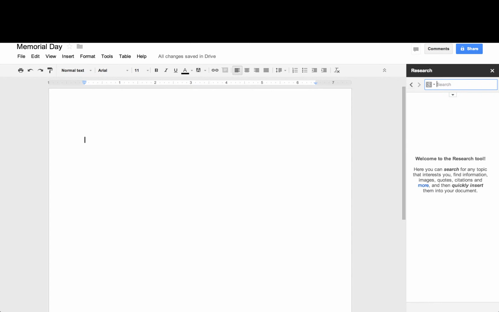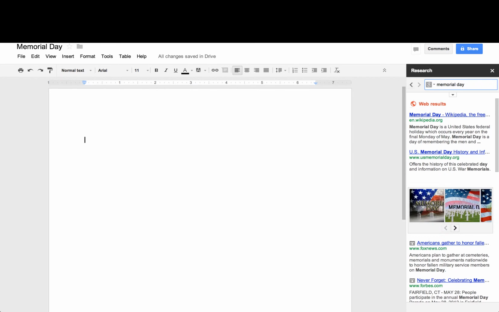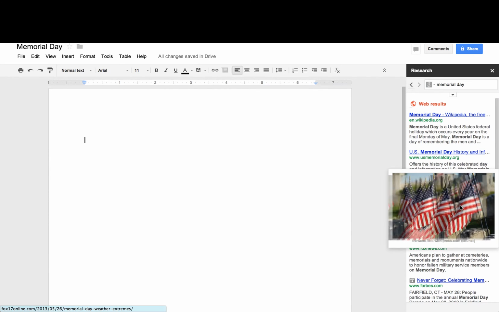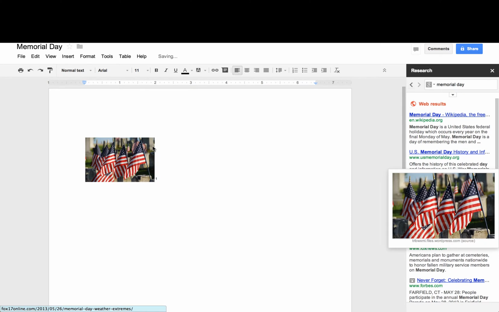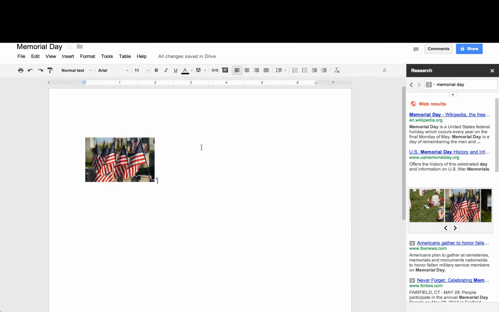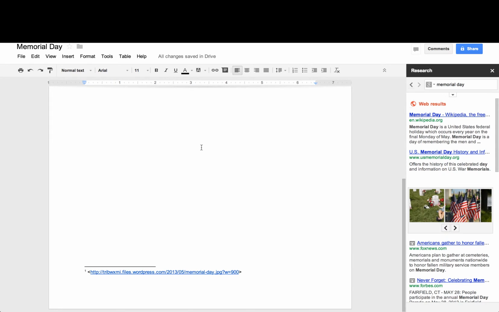into your document. So I'm going to do a search for Memorial Day since that is what today is. And it brings up all these different things. So let's say I want to include a picture. And I like this one of the flags. I'm going to take it and drag it into my document. Notice that there's a little 1 at the end. That leaves us a footnote for the citation down at the bottom with the web address that the picture came